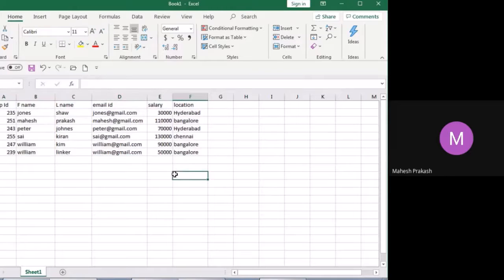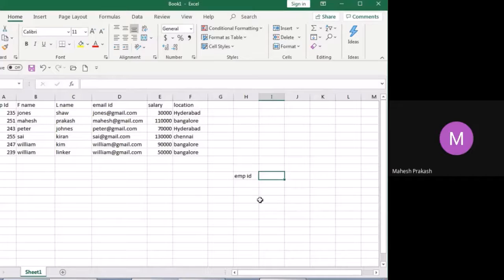So what VLOOKUP will do is, the main purpose of Excel is to make your things easier. Now we have only 6 rows. Imagine we have 100 rows. Now we don't know how to filter them. The main purpose of VLOOKUP is to filter. So what we are trying to do over here is make things simpler in such a way that we get the things as soon as possible.